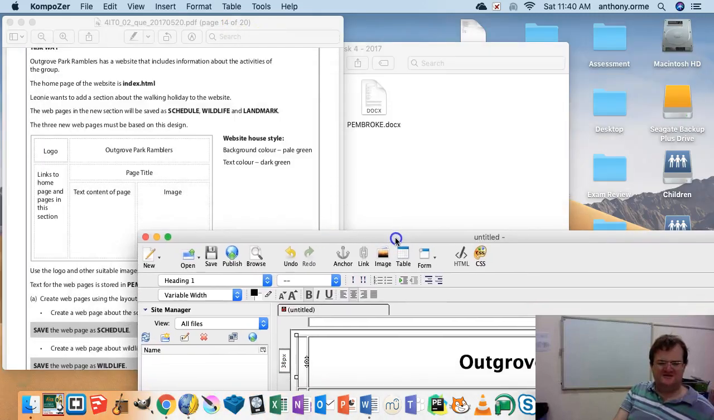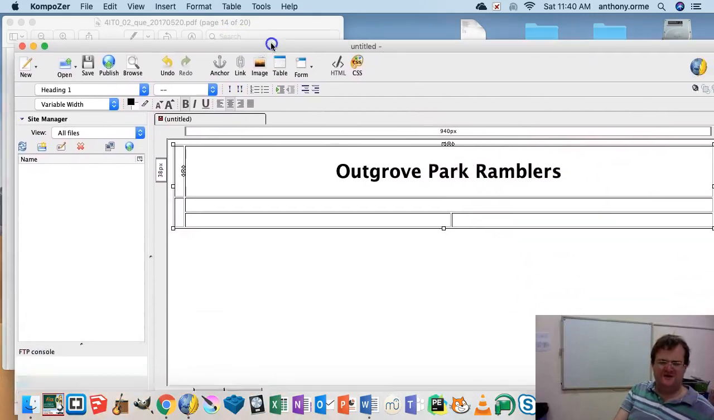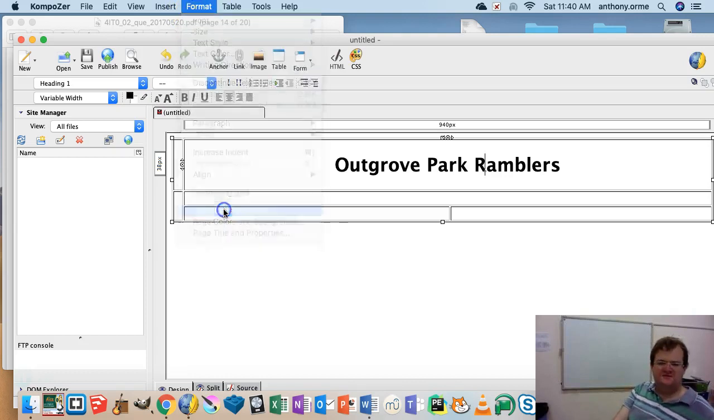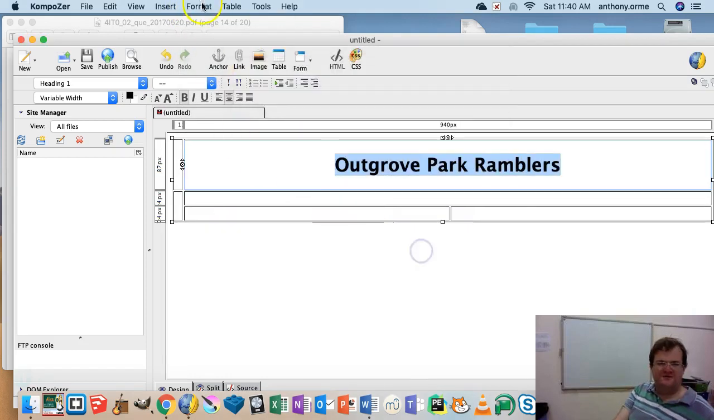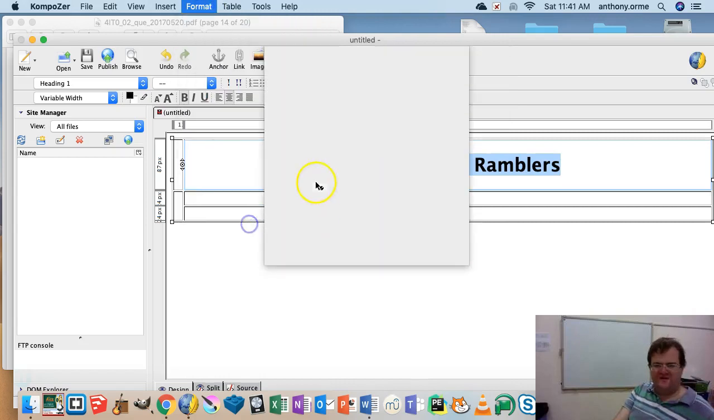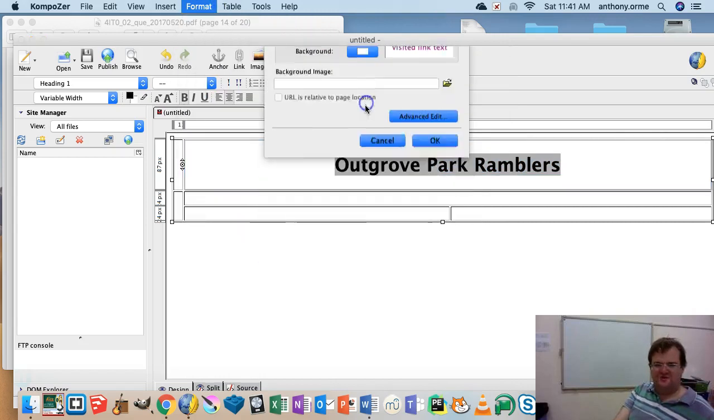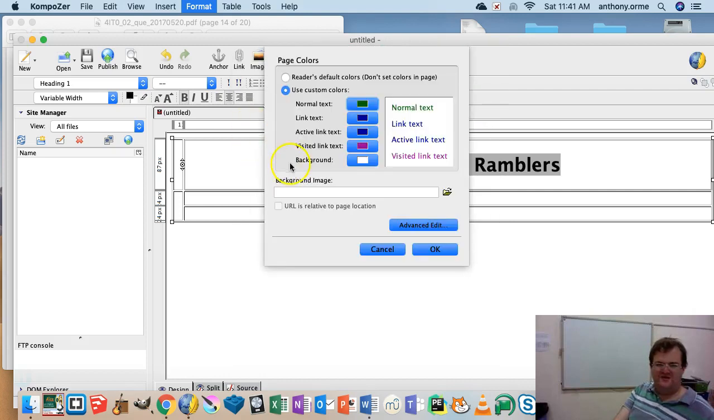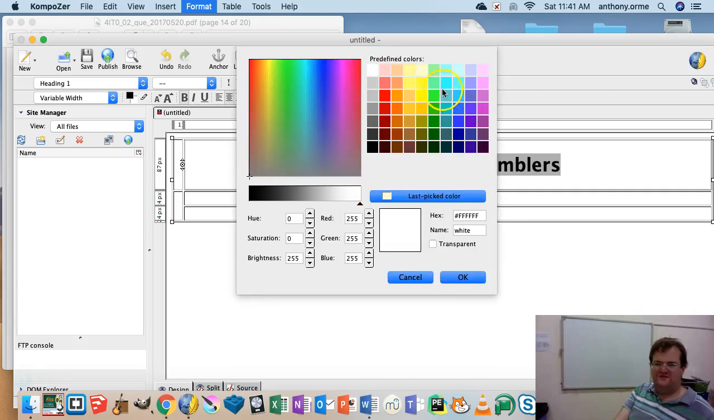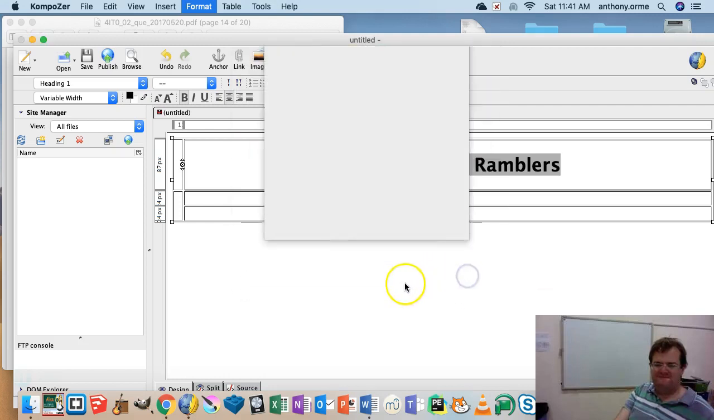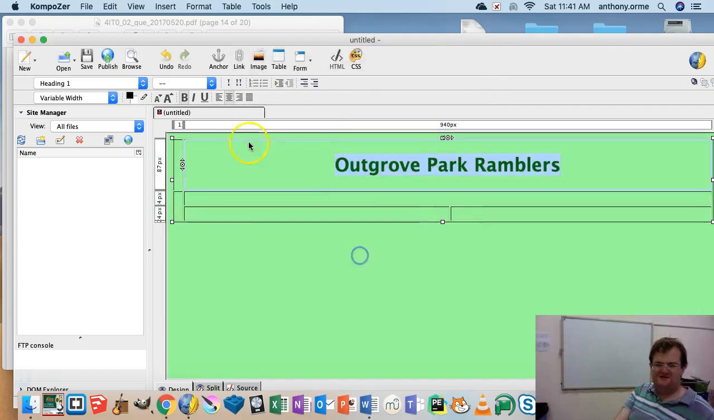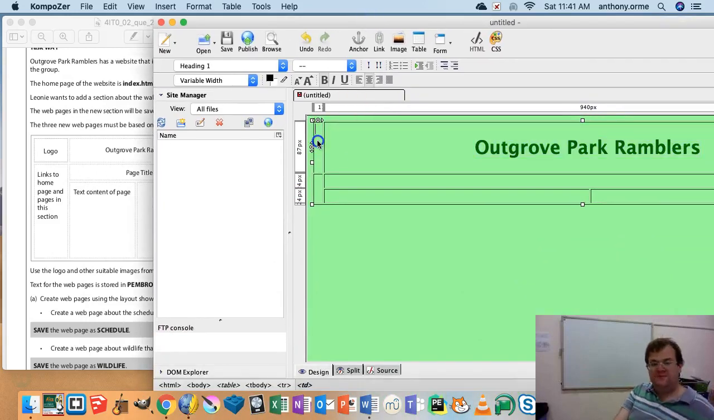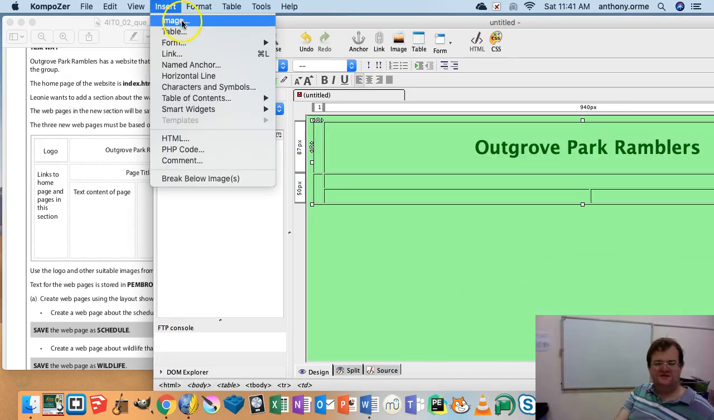And the other thing is that it says dark green color, pale green background, dark green main. So format, not table, format, page color, and we'll say normal will be dark green, and the background will be pale green. Press OK, like so. You want the logo up here, so insert, image,